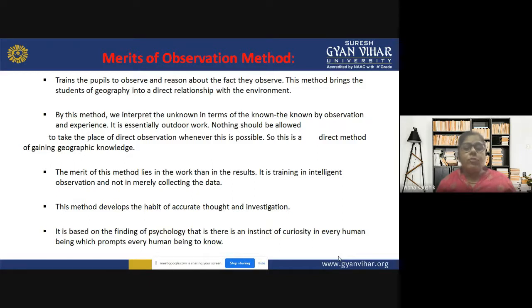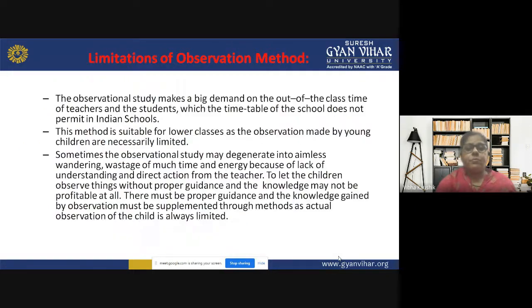It is based on the finding of psychology that there is an instinct of curiosity in every human being, to be curious to know what is going on in the environment, which prompts every human being to know. Now, limitations